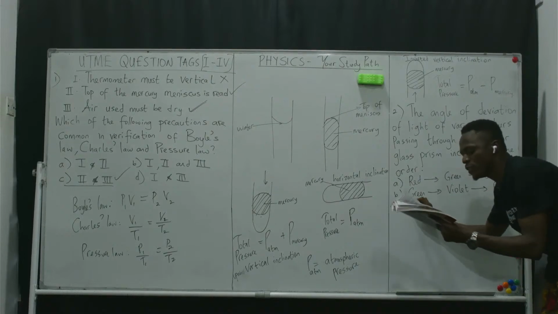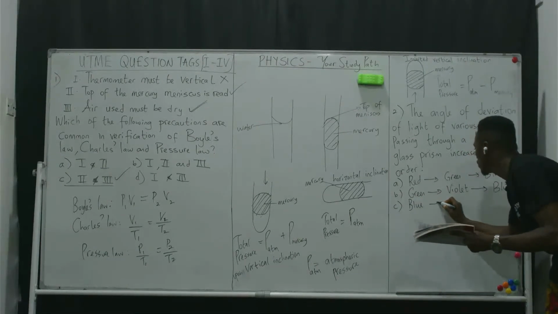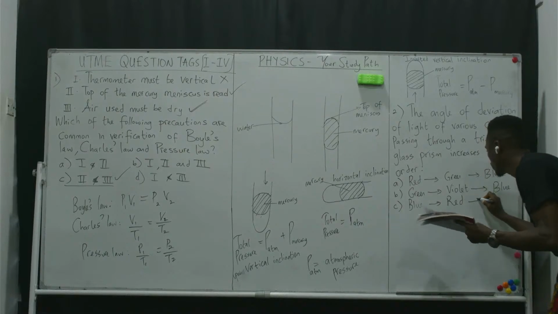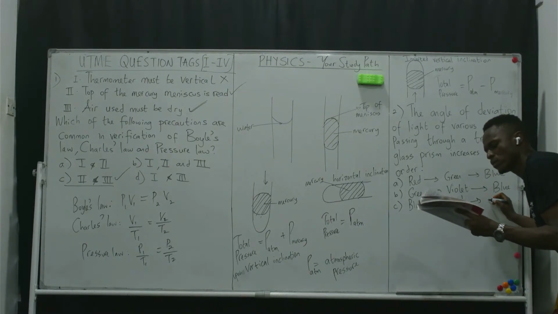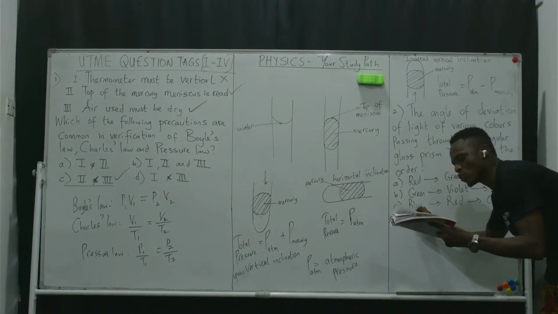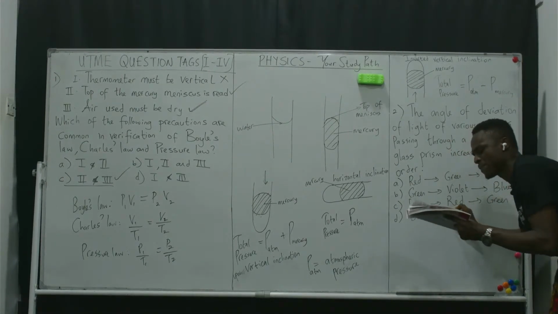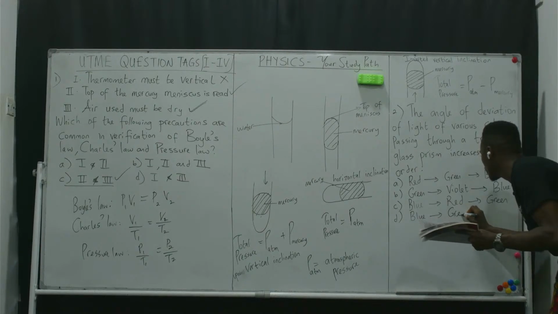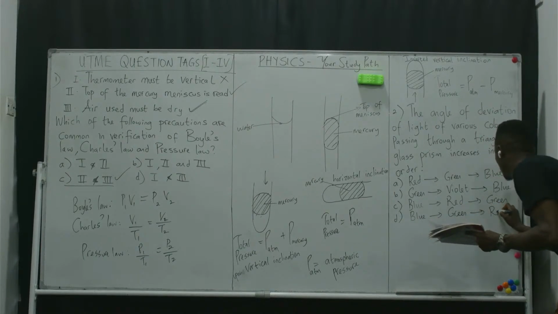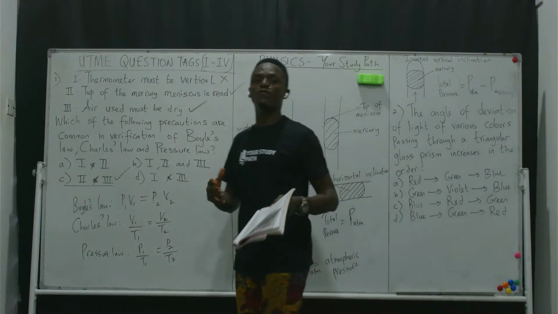Or do we have it as blue, then red, then green? Last but not the least, option D. Do we have it as blue, then green, then red? So in terms of deviation, how do you have